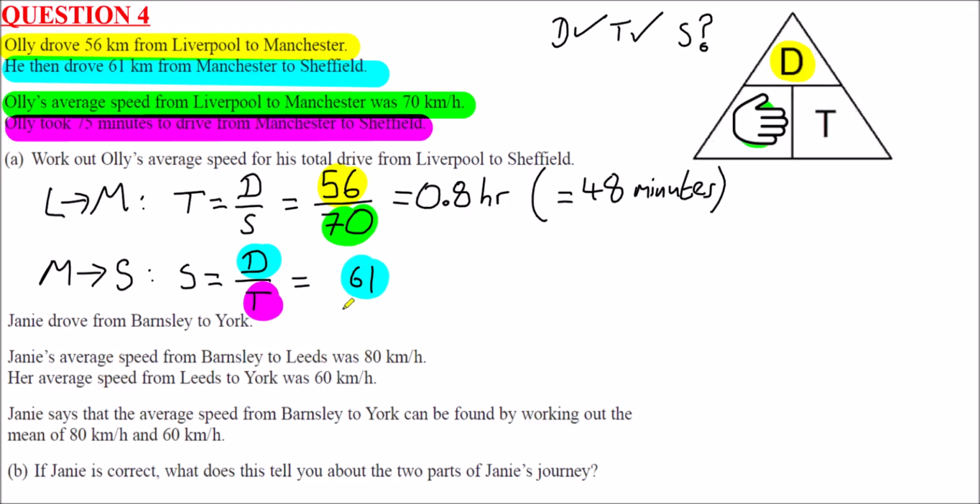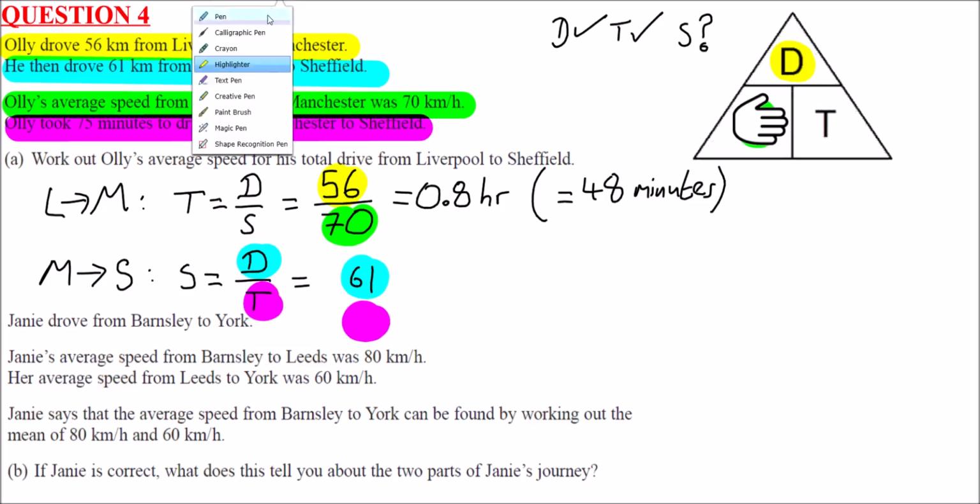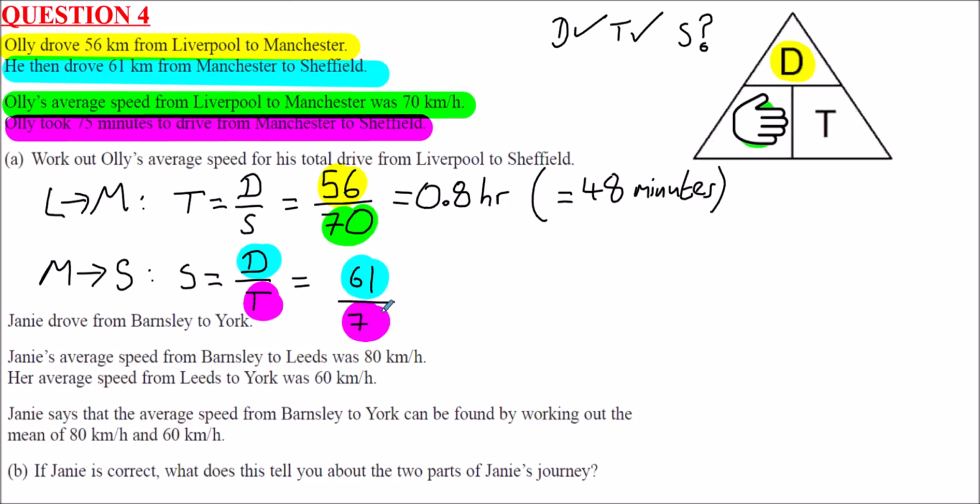So if we divide that 61 by the 75, that will tell us the average speed. But this will be coming out in kilometres per minute, because this time here is in minutes. So just be careful about the time units. So 61 divided by 75